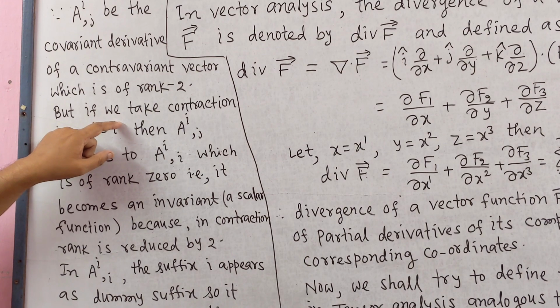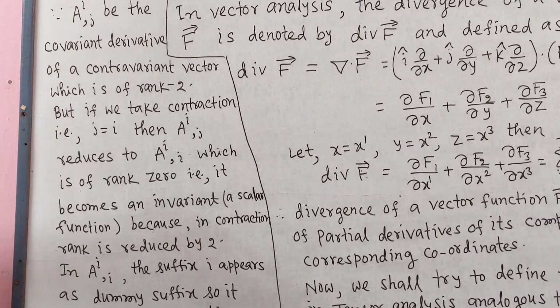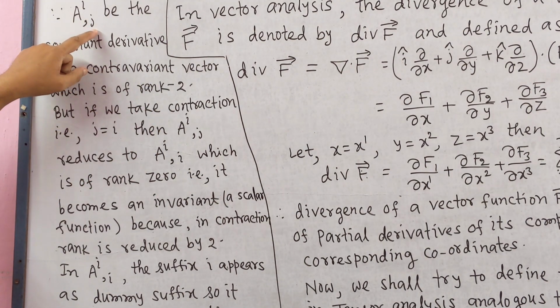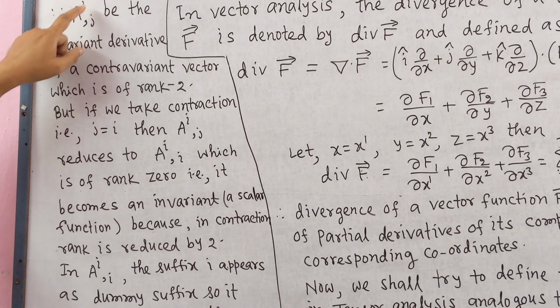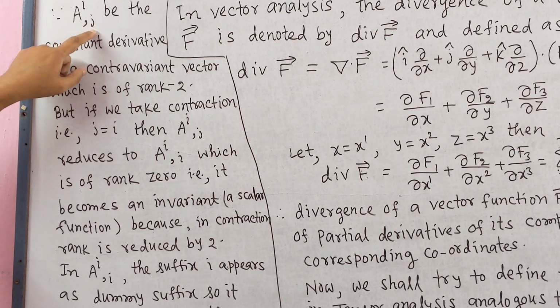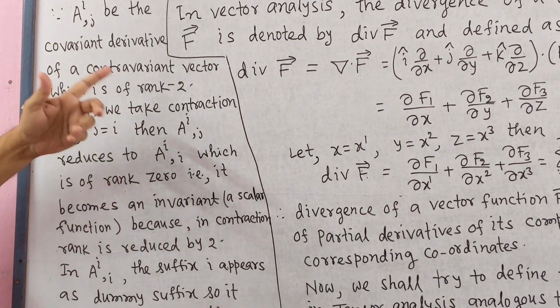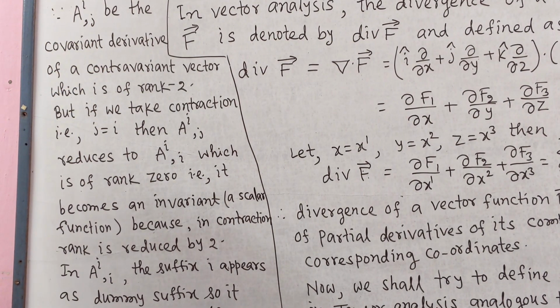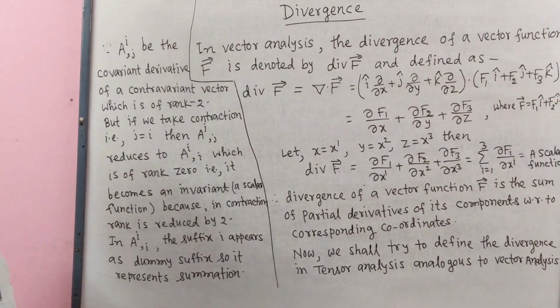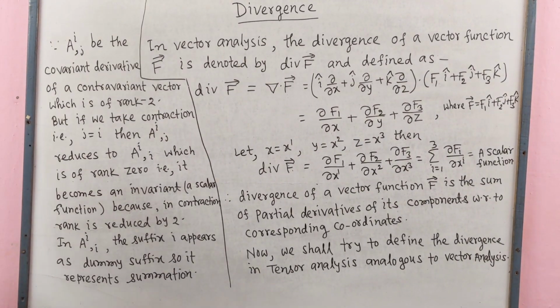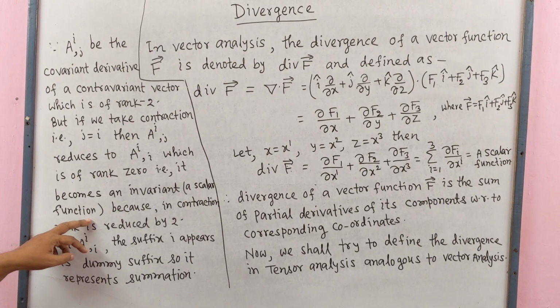But if we take the contraction, that is j equal to i, then A^i comma j reduces to A^i comma i, which is of rank 0. That is, it becomes an invariant, a scalar function,